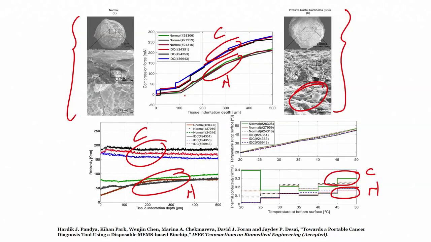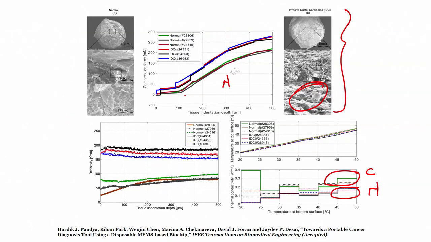So, if you see from the mechanical, electrical and thermal properties of tissues, we can get a sense that when we will be measuring a lot of samples, we would have a particular signature that will help us to diagnose whether there is cancer or not, or you can diagnose cancer in fact at an earlier stage, right, because the properties of tissue would be different as the disease progresses,